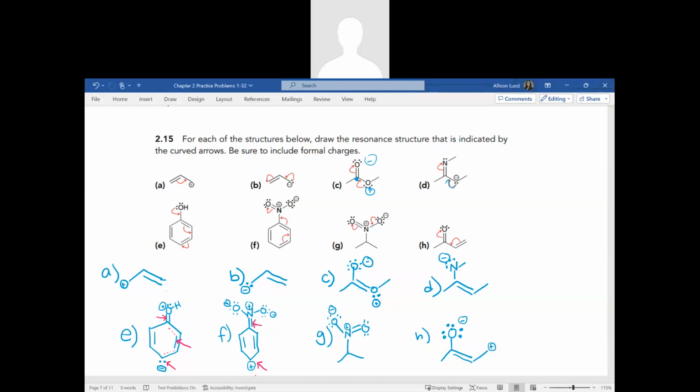So that nitrogen, as I mentioned, will remain with 4 bonds, so that means that it retains that +1 formal charge. But now we have a -1 charge not only on this oxygen that was there in the beginning, but now this oxygen as well has a -1 formal charge. Let's move to the answer for G, and we see now only 2 curved arrows. So we have a lone pair moving from that oxygen with a -1